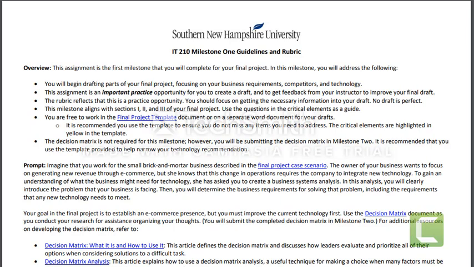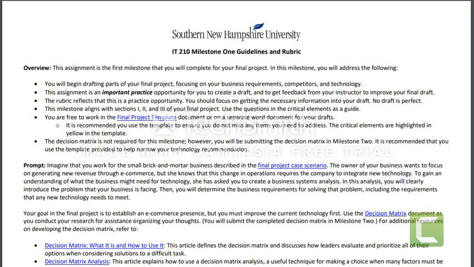But I just want to make sure that we're hitting all of the important points because as I go along and grade your milestones and provide you with feedback, it's going to be based on this rubric. So this first milestone is kind of like the high level overview, and then we're going to start drilling down into the specifics. Basically, what you want to do is you want to start by looking at the overview here